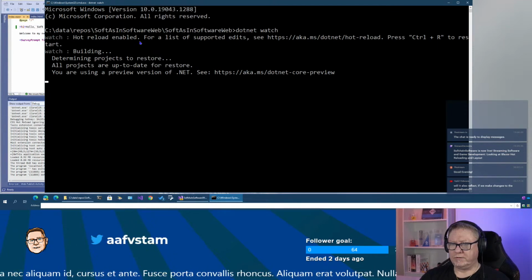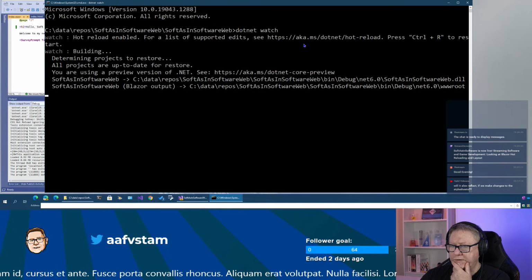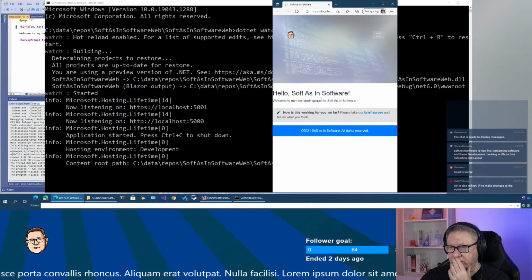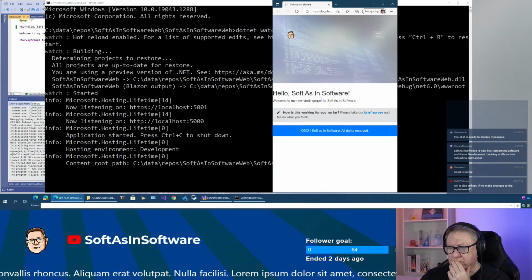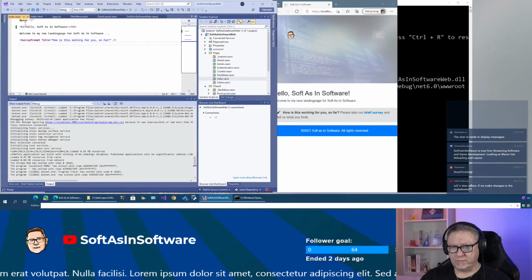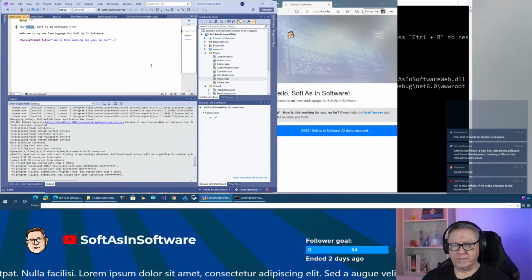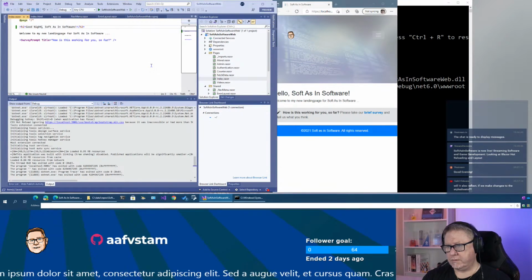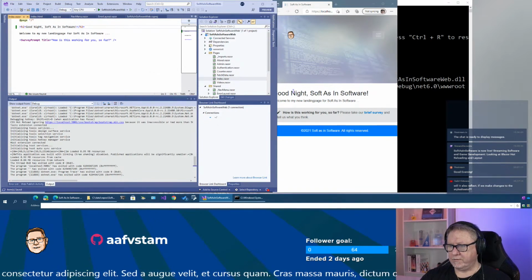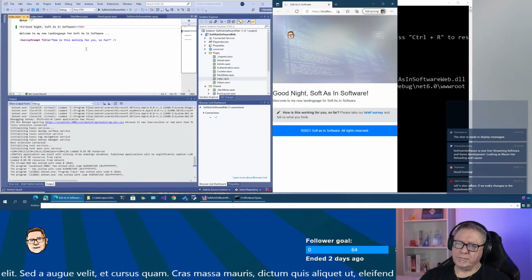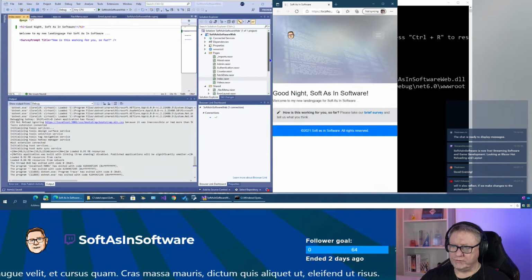Now it says hot reload enabled for a list of supported edits. Now it's loading this one. But is that attached to this then? No. Yeah, it is. There you are. But now, if I want to do something with code,